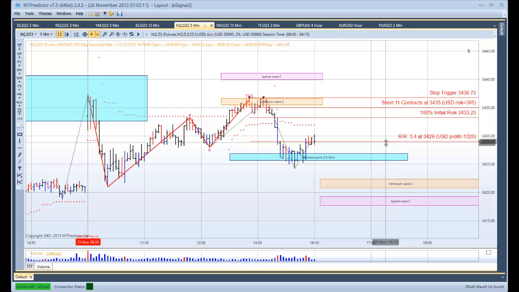Now, before I carry on and look at the other scenario, I just want to clarify this and what this means for the trader rather than the forecaster. A profit of 3.4R is 3.4 times the initial risk or the losses. So in other words, the loss we took on the 3-minute chart was a minus 1R loss, plus 3.4R means a 2.4R profit overall,